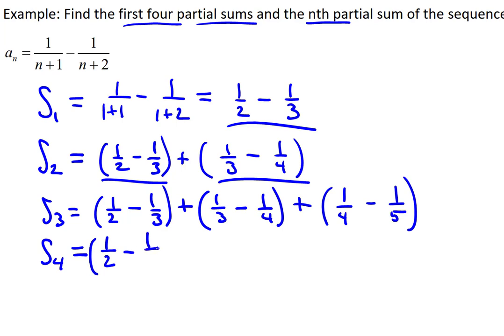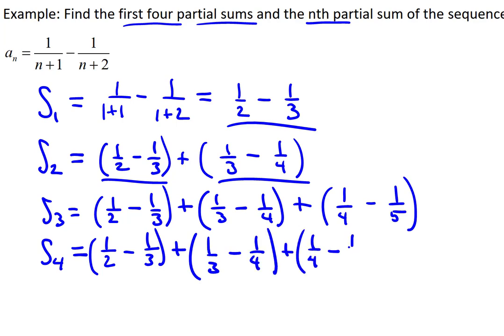We have 1/2 minus 1/3 plus 1/3 minus 1/4 plus 1/4 minus 1/5 plus, okay, that was the first three terms. Now, for s sub 4, I want the fourth term as well. So I'm going to add that one on here. That's when n is 4. So in this original definition for a sub n, when n is 4, I have 1 over 5 minus 1 over 6. Okay, now that's the first four partial sums, and no, those are not simplified, but